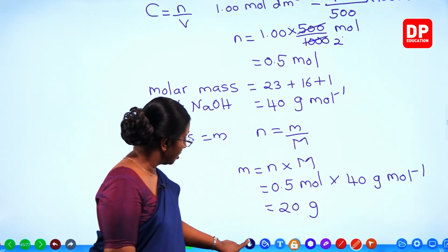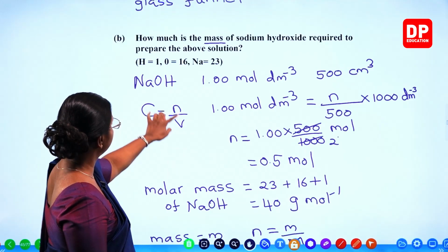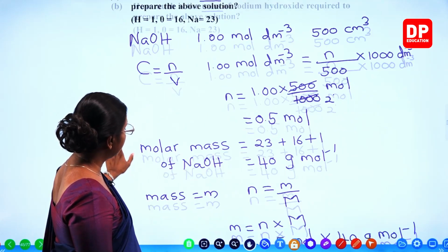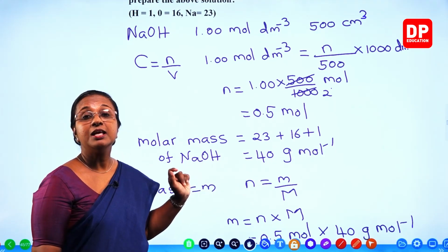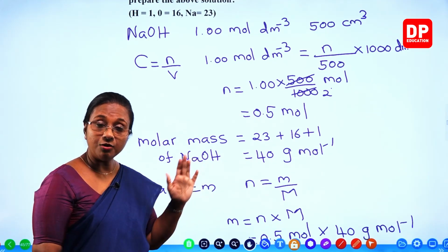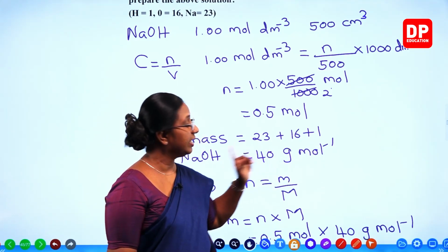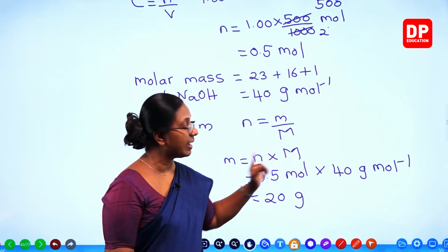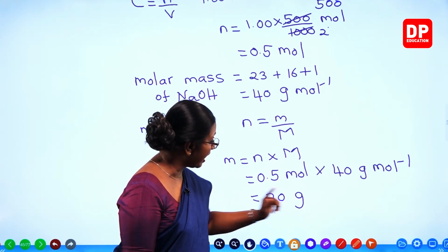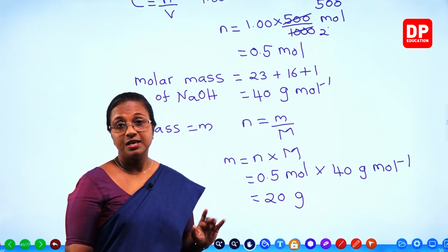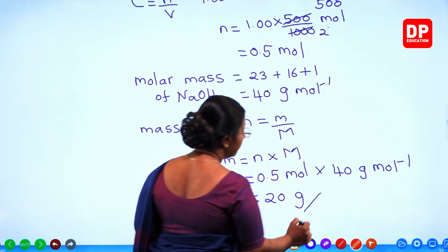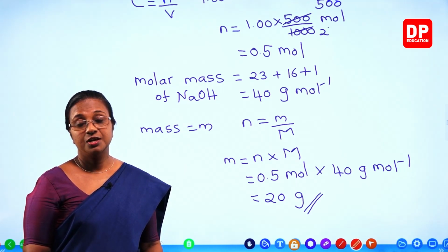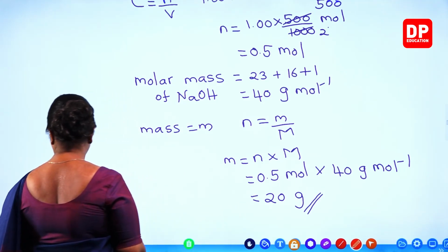Is that okay, students? So the important thing is you show this equation, or you can write it in words. Find the number of moles, 0.5 moles. Then you need to show the calculation where you find either the relative molecular mass without the unit or the molar mass with the unit grams per mole. Then you find the mass by multiplying number of moles by molar mass. Then you will get the answer in grams, 20 grams. That is the mass of solute needed for this particular solution. Is that clear, student? So with that, I'll move on to the next part of the question.